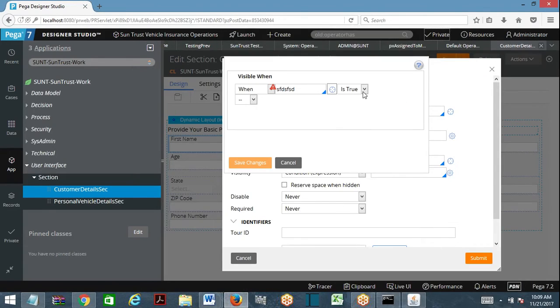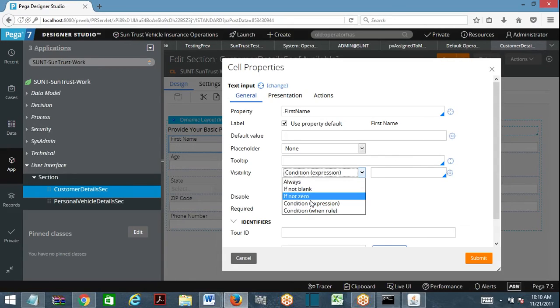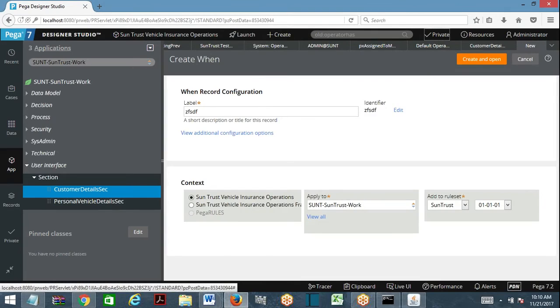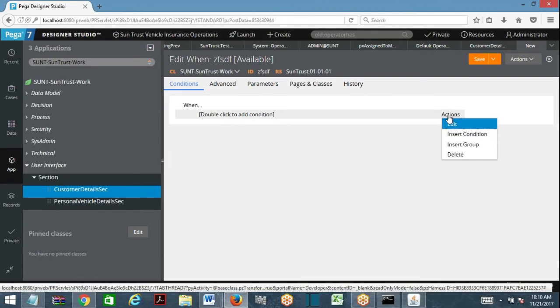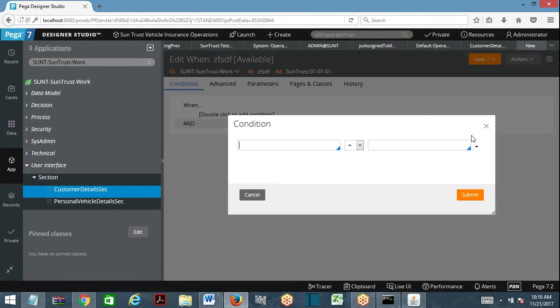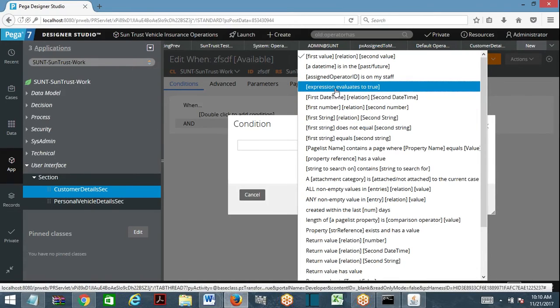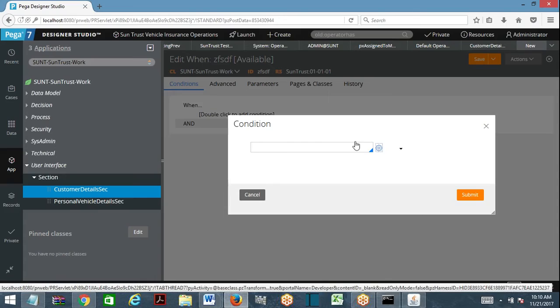Cancel this. When condition, I am giving some condition. In this when condition, I am going to use expression builder. Insert condition, insert group, delete. Insert condition. What is the condition? Expression evaluates to true.